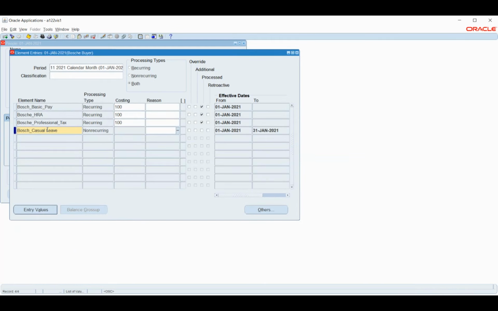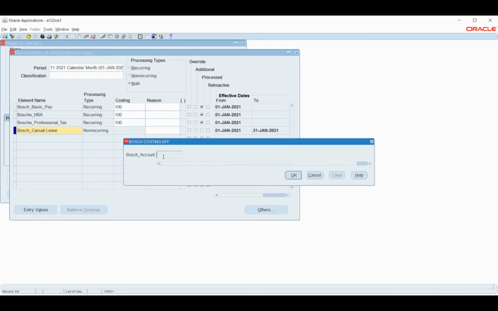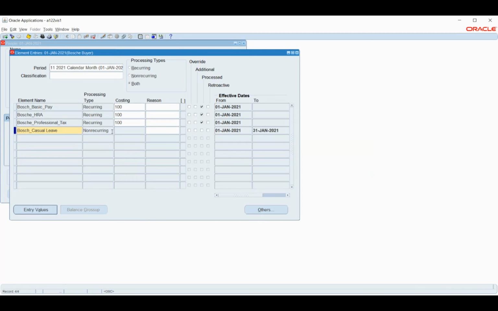Okay, so if you notice here, we don't have costing attached to it, or we don't have the option to enter the costing. So this is grayed out, and we will not be able to enter anything. The reason is that we did not include this under costing because this is only an information.